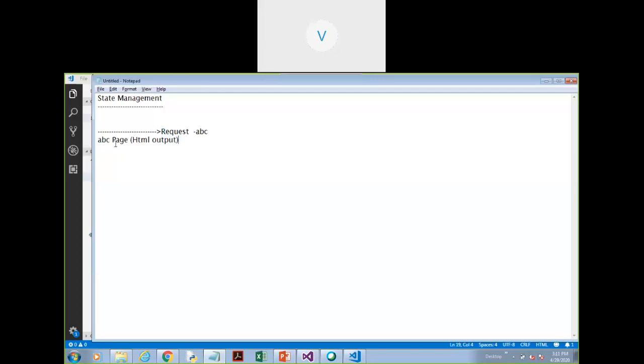After sending the output to the client, the server will forget about the client. See, suppose I am the server, you are the client, you are sending the request to me. So what I will do, I will process your request. You requested the abc.html page. I will find the abc.html page, process that page and generate the HTML output. I will give you the HTML output. And whatever I have done during this phase, I will simply delete all my work on the server and I will return the output to you.